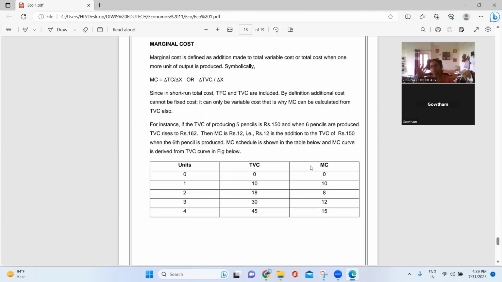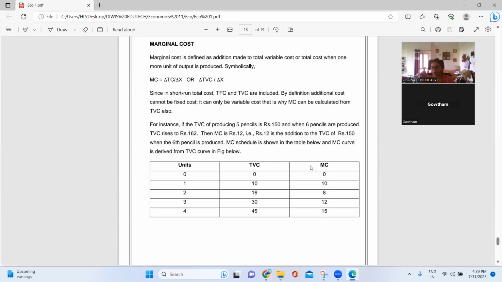What is marginal cost? It will give you the difference in cost if you produce one more unit of output. It will give you the total cost if you produce one more unit. So it's written MC is equal to change in TC upon change in X, or change in TVC upon change in X. Since in short run